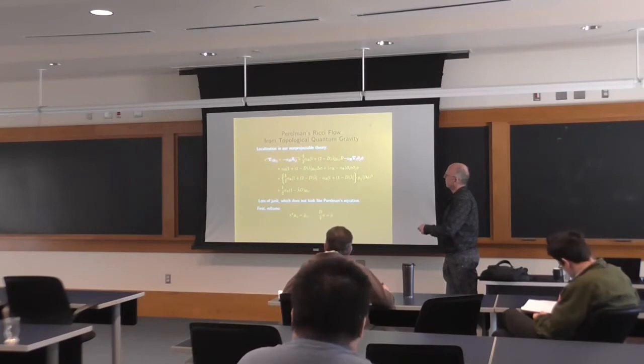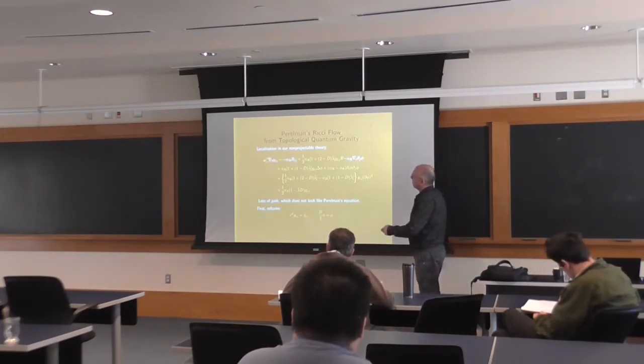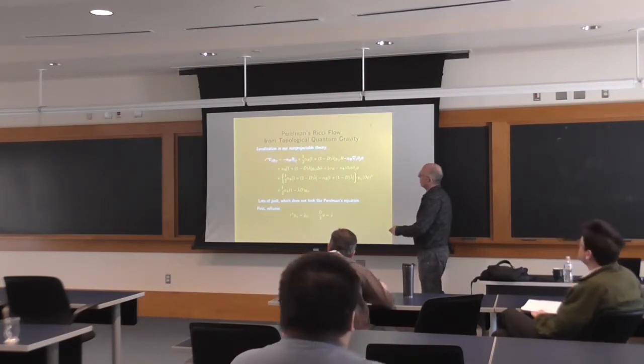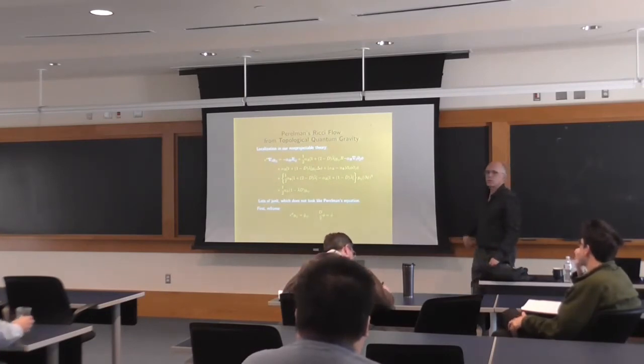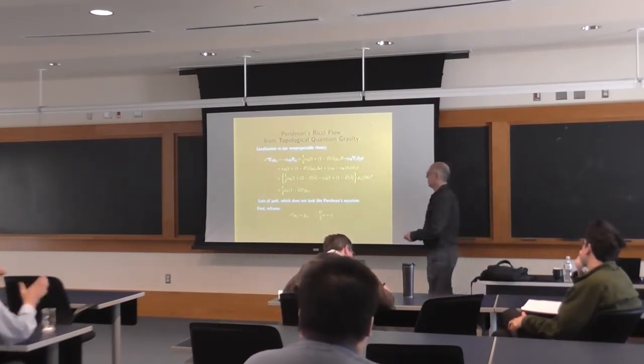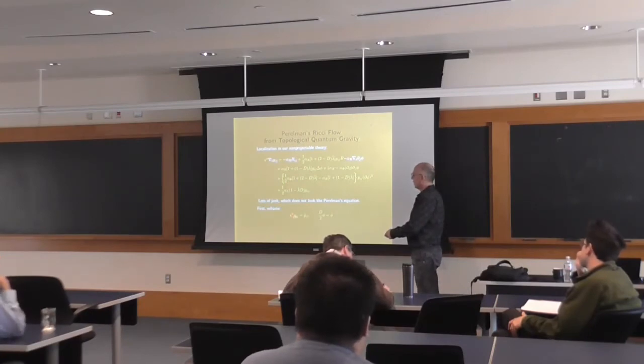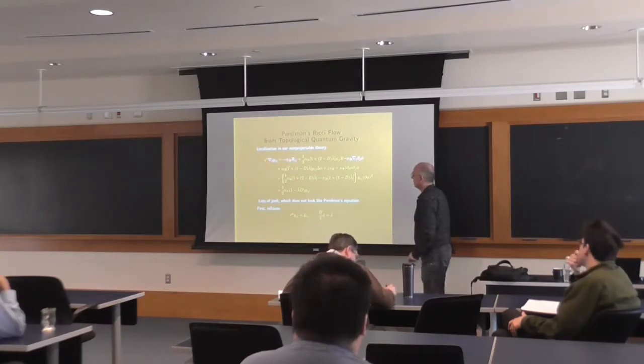So this, and that is what I want to end up with. And there's clearly already a discrepancy. We have e to the phi in front of the left-hand side, but not in front of the right-hand side terms. But that's an easy fix. You just say I have to change variables. I perform a change of frame. I define a tilde frame by rescaling by e to the phi, which fixes this apparent discrepancy.